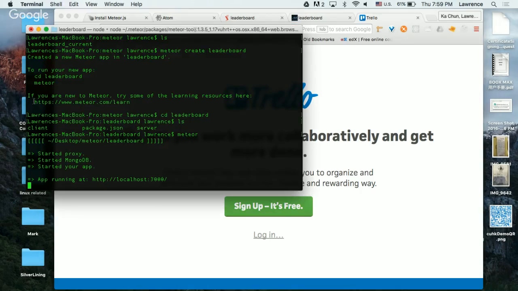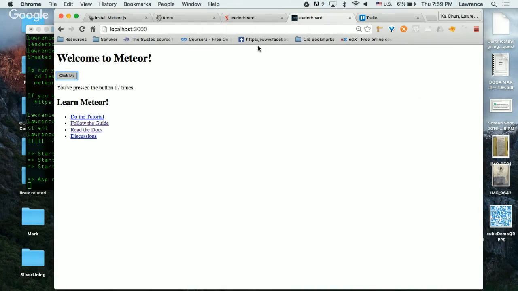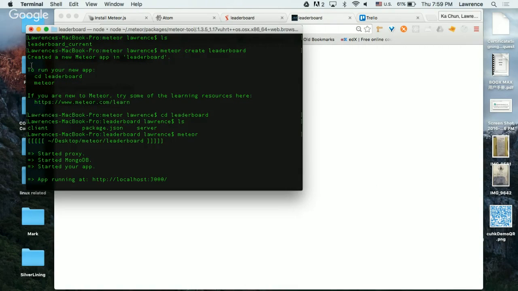But now think about this. What we have done here is you go to this localhost 3000 place, and that's why you can see this page. What happened when you typed meteor? It actually turns your computer into a server as well. Weird concept, right? Now you are accessing your own computer. A computer can be a server and a client at the same time. That's exactly what you just did with Meteor.